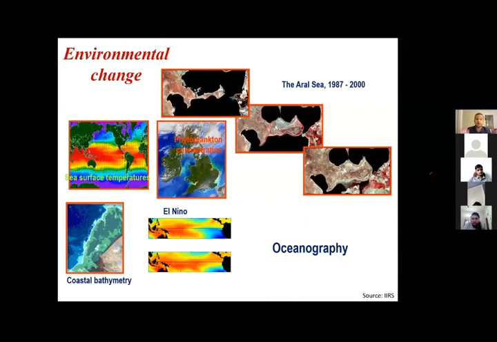Now environmental changes: how remote sensing helps us see how the environment is changing. We know that with the climate changing over the past few decades and temperatures rising, we see several changes occurring on the Earth's surface. For example, changes in ocean currents, changes in coastal regions, and sea surface temperature, which is again related to ocean currents. Sea surface temperatures can lead to upwelling or downwelling of ocean currents, which may lead to phenomena like El Nino and La Nina in the oceans. Then coastal bathymetry. What does bathymetry mean? Bathymetry is nothing but,